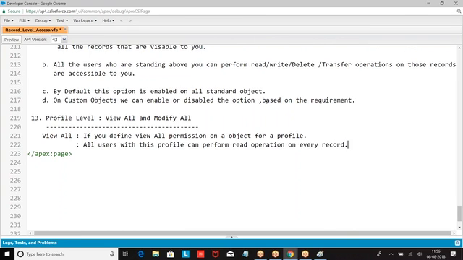When I say view all, users with this profile can perform read operation on every record.